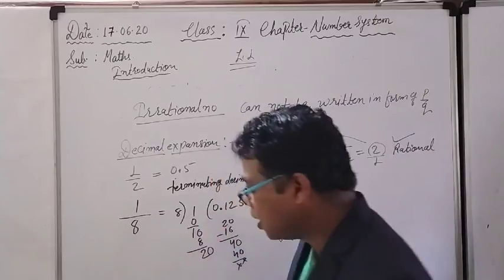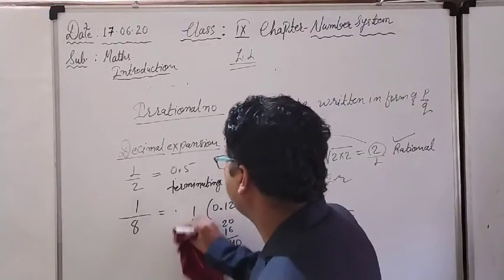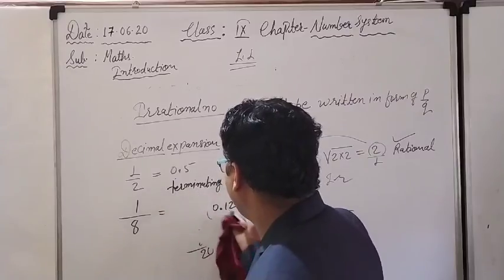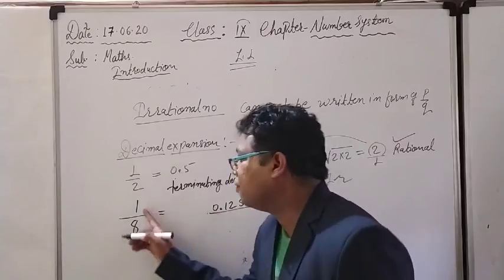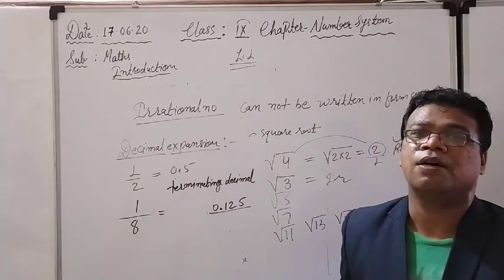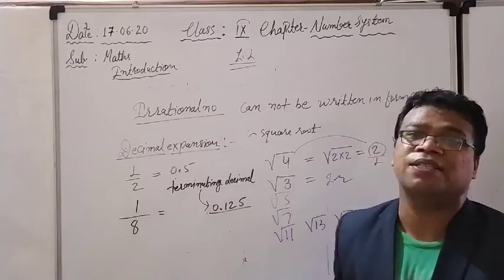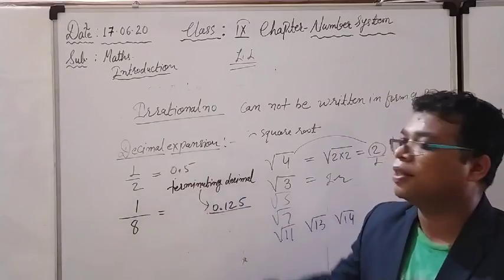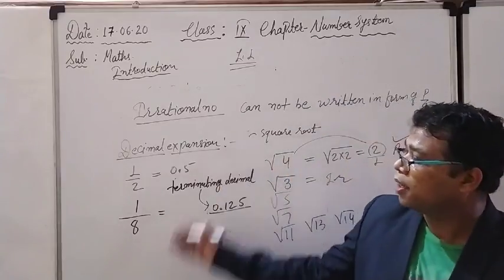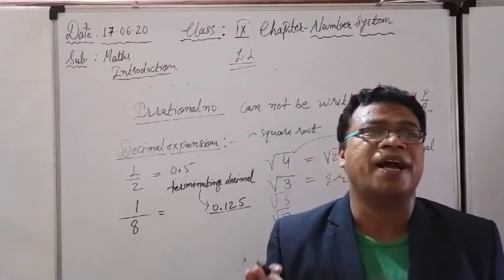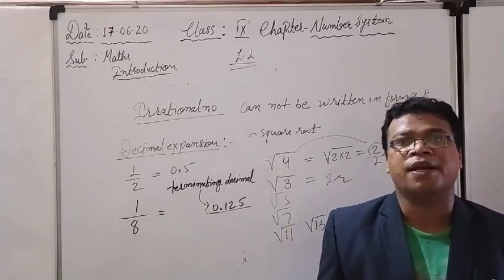Right now see what the answer is for 1 upon 8. The answer for 1 upon 8 is 0.125. Other things I am going to rub from here, and the answer is coming 0.125. So 0.125, again 1 upon 8 is a rational number. And what is the decimal expansion? Again you can see the decimal expansion is a terminating kind of decimal. The only difference is that the earlier one terminates after one digit after the point, and this one terminates after 3 digits. The meaning is that all rational numbers show the terminating kind of decimal. Rest of the things I will discuss in my next lecture. Thank you so much.